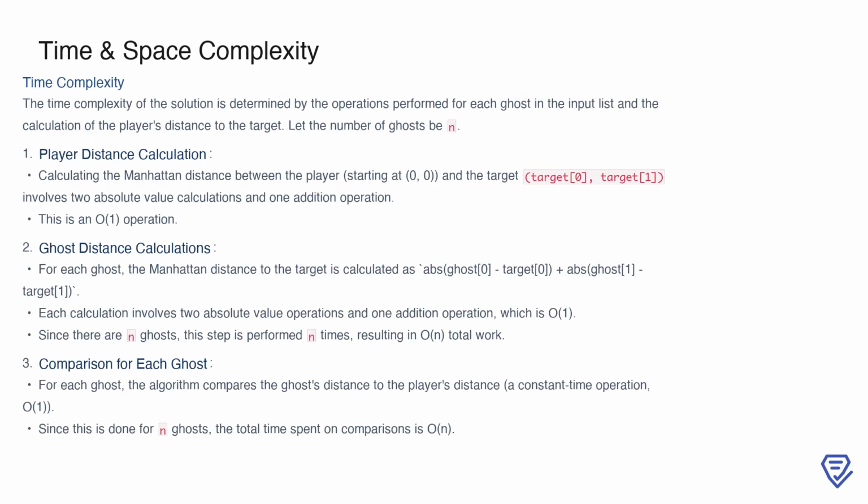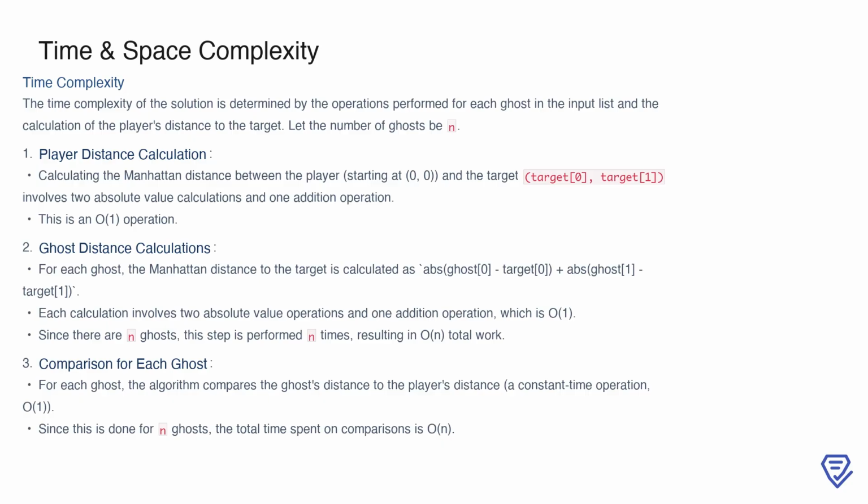Here, we analyze the time complexity of the solution. The first step involves calculating the Manhattan distance from the player, starting at the origin, to the target. This operation is straightforward, requiring only two absolute value calculations and a single addition, making it an O(1) operation. Next, for each ghost in the input list, we compute the Manhattan distance from that ghost's position to the target. Again, each calculation involves two absolute value operations and one addition, which is also O(1). Since there are n ghosts, this computation must be repeated n times, leading to O(n) work for the ghost distance